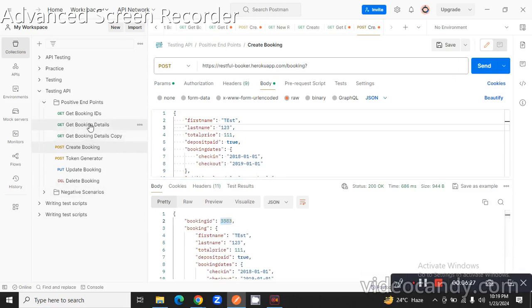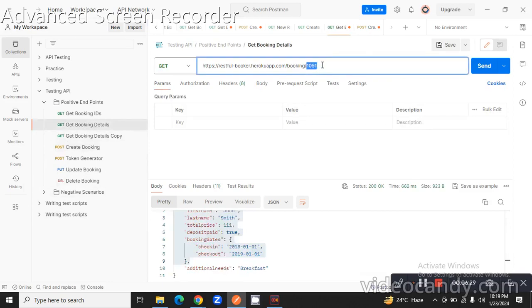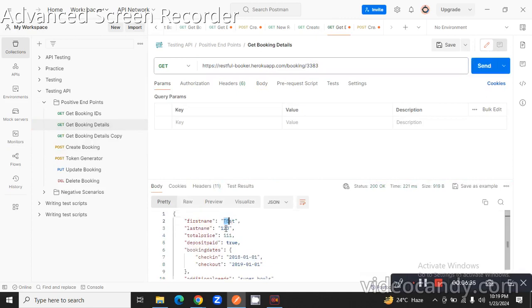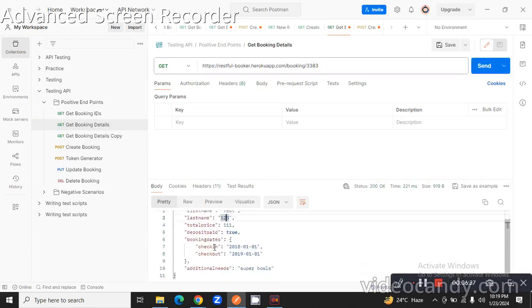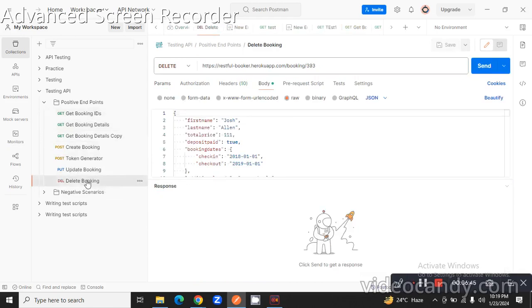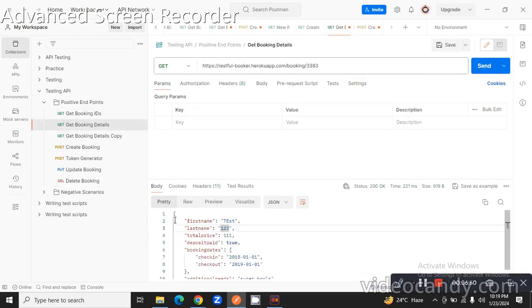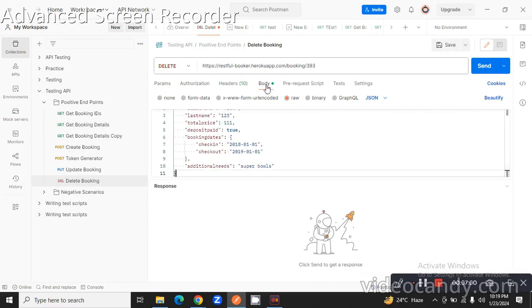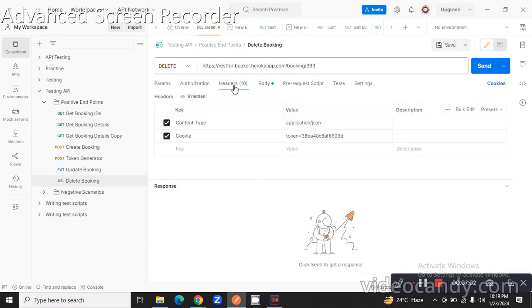Just go to the booking ID's API request, enter your booking ID, and click on the send button. We'll get the information test 123. So the booking ID was created successfully, yes or no? Suppose you want to delete that booking ID, whatever response you get from the server, just copy that,